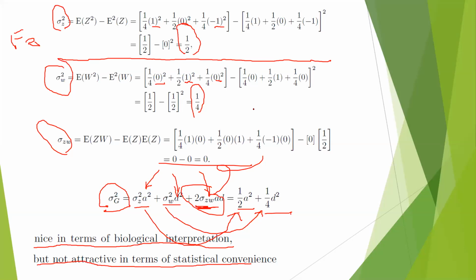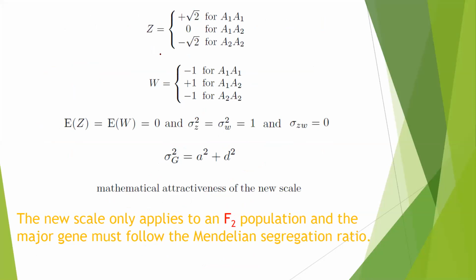That's why I mentioned that feature. If you use a different design for the z variable and the w variable, it will not change the conclusion from the test, but it will make your calculation much easier. Does that make sense? Okay, so for example, this is another way to design the z variable and the w variable. However, because this is an F2 population,